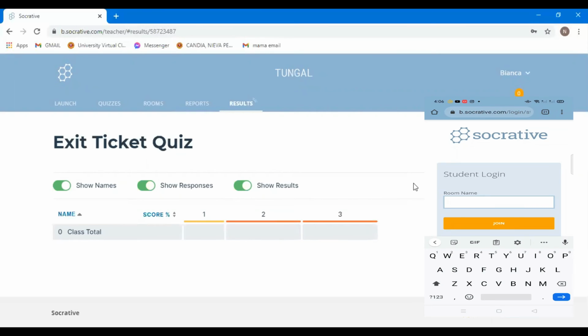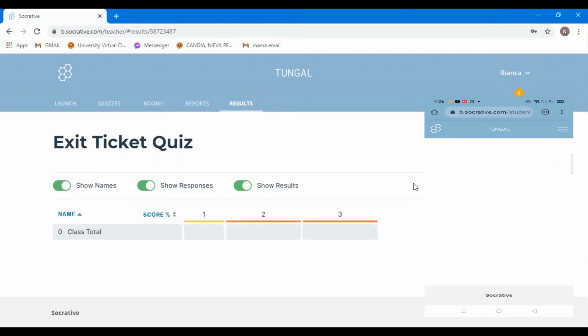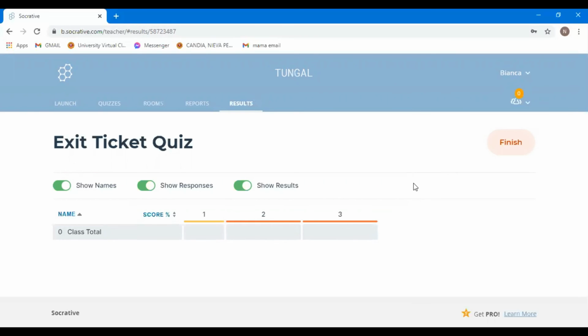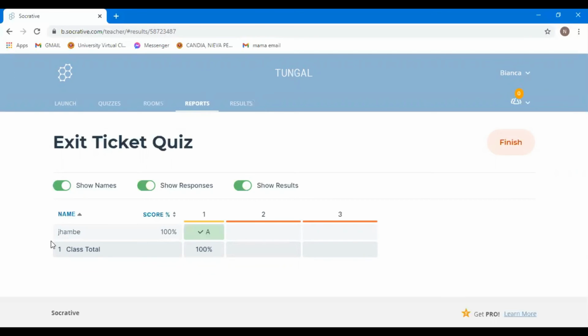So if a student will log in, Socrative will ask the unique room number, which is shown here. As you noticed in the teacher's view, you can see that I have a student that joined. Then in the student's view again, Socrative will ask the student's name. As a teacher, if I want to display what is shown to the student's view, I will just click the number of questions